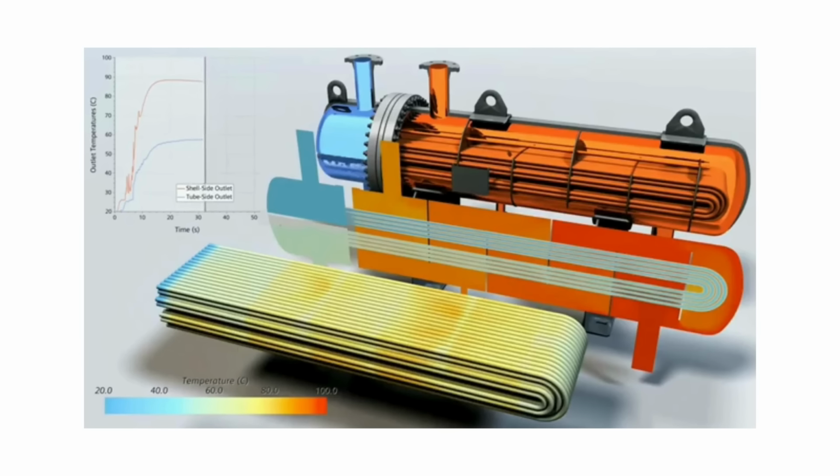This synchronized exchange of heat between the shell side and the tube side exemplifies the efficiency of the U-tube heat exchanger design. By maximizing surface area contact and optimizing flow paths, this engineering marvel facilitates robust thermal exchange in various industrial applications. Through this detailed visualization, we gain valuable insights into the nuanced mechanisms driving heat transfer within the U-tube heat exchanger. From the initial temperature differentials to the gradual color transitions, every aspect underscores the precision and effectiveness of this essential equipment.